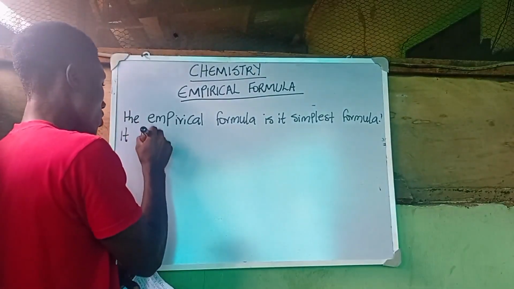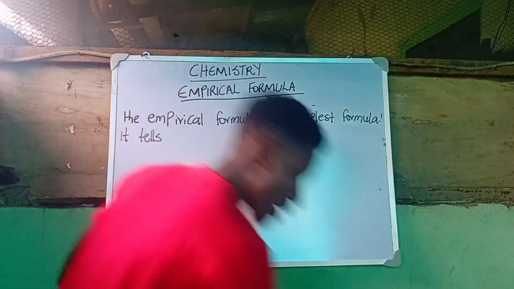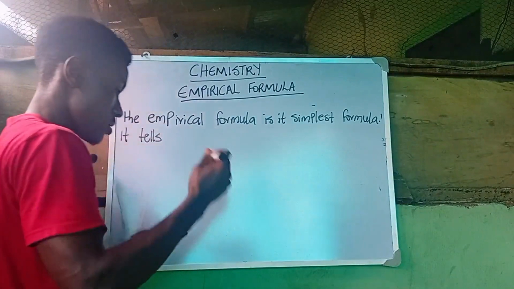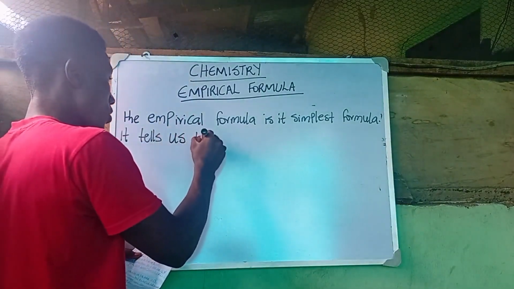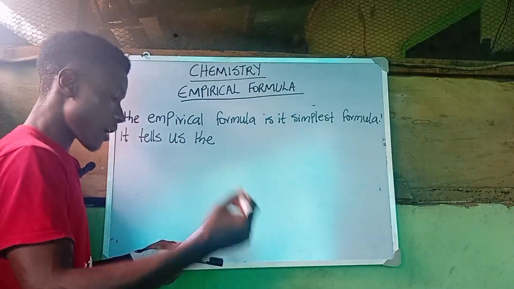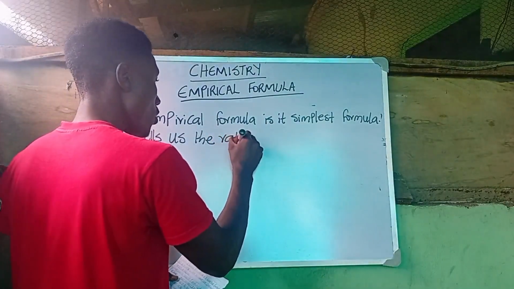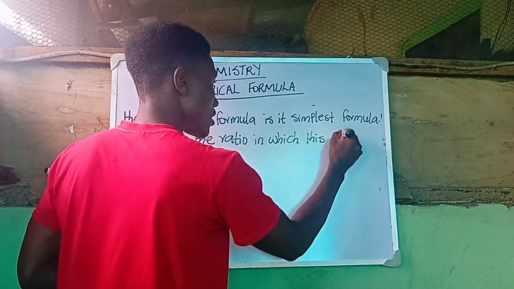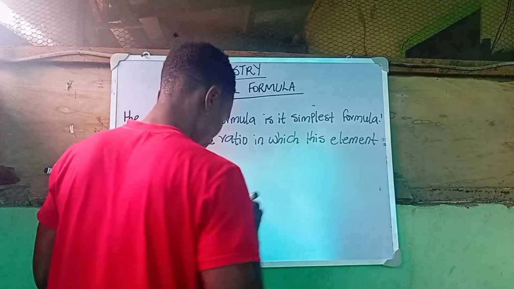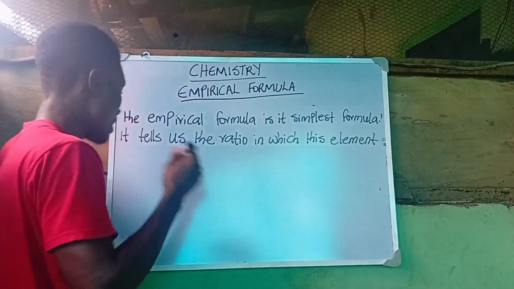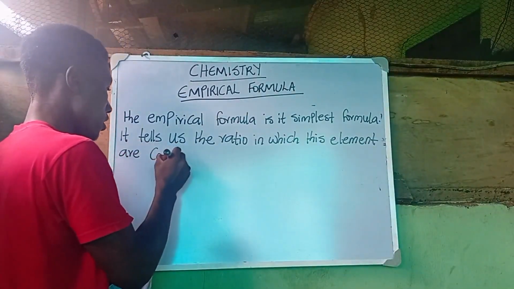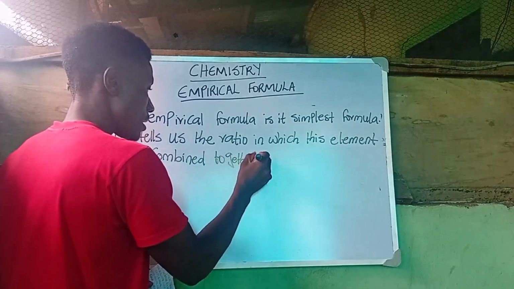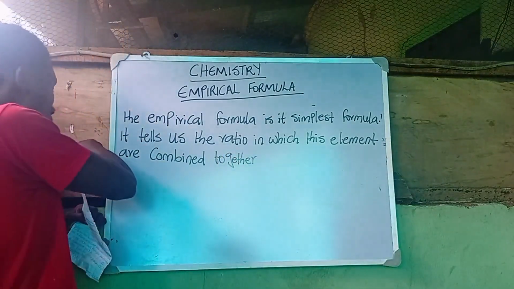Let me change this marker. So it tells us the ratio in which these elements are combined together. Please follow up. Are combined together, right? That means if we are to have a particular compound,